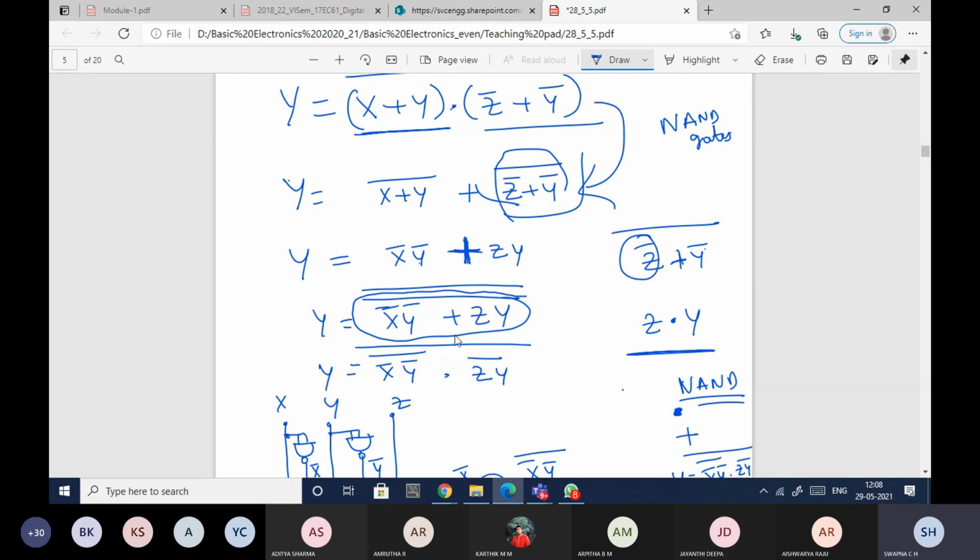Okay, so I have got this much, so I can easily implement it, because I'll be able to implement x bar, I'll be able to implement y bar, I'll be able to implement x bar dot y bar whole bar and x z y whole bar also, this term into this term whole bar. Okay, we can do this way, right? Yes or no? Anybody has got doubts?